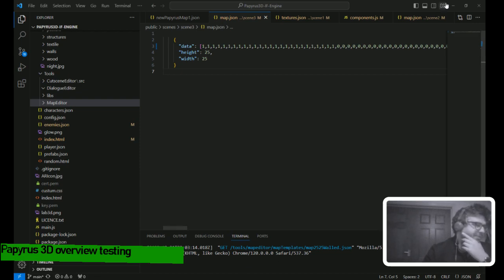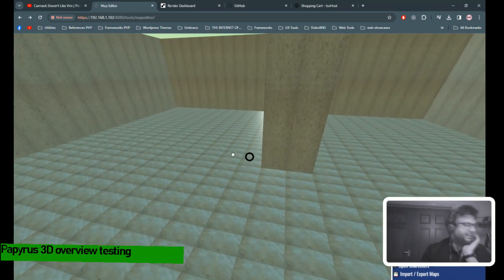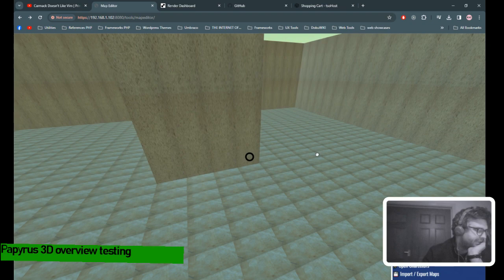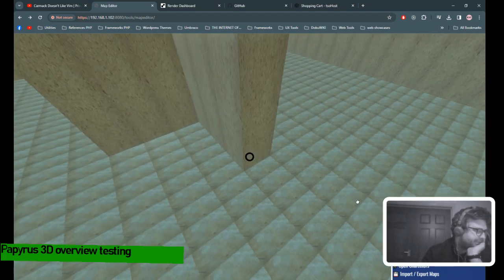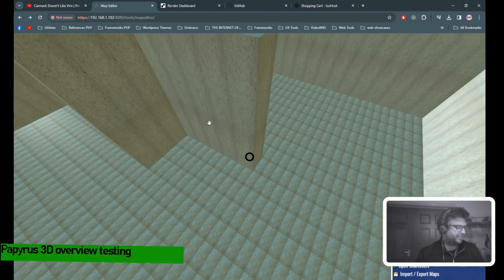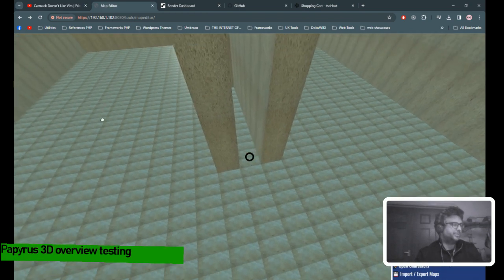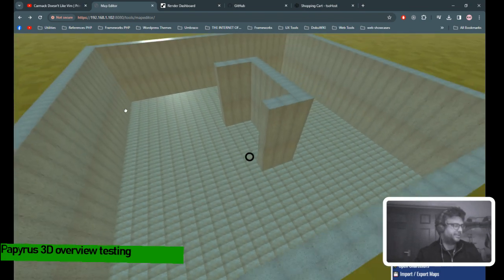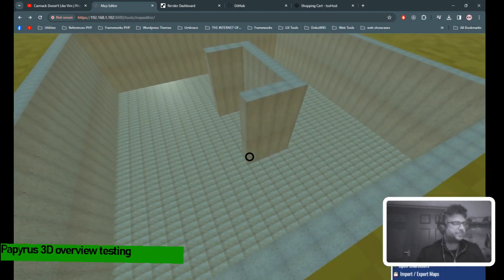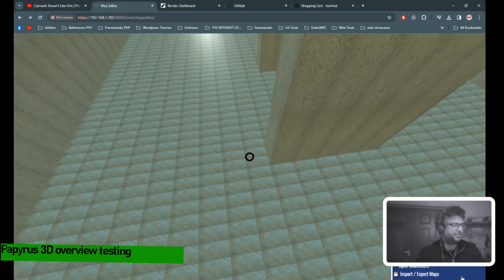Some of this is covering old ground, so if you've seen my channel before, you've got the wall editor, you can click. I want to try and build a few basic maps, really. The map editor has a bit more functionality now. Still a bit buggy in places. Okay, so I'm going to build a room here. You can change the size of these as well. It's like generics, 25 by 50 by 100.